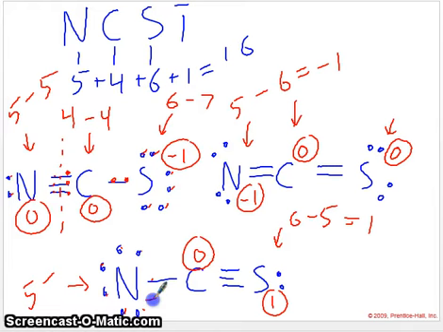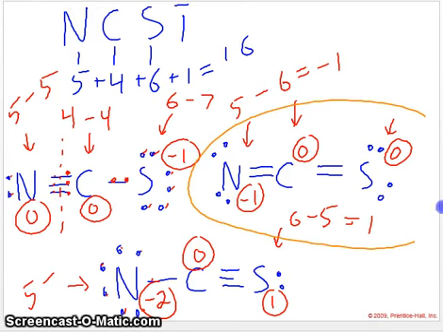So the way to pick between these 3 then is ask ourselves which one has the least formal charges and which one has the more negative on the more electronegative atom. And that would be this structure right here. This is because nitrogen is more electronegative than sulfur. Sulfur here has a negative charge, but because nitrogen is more electronegative, this is the best structure. And this completes for